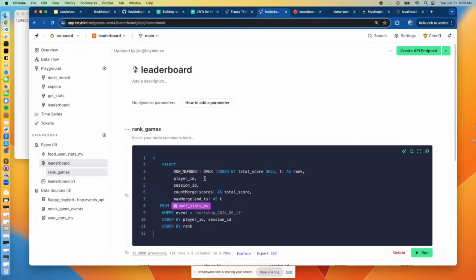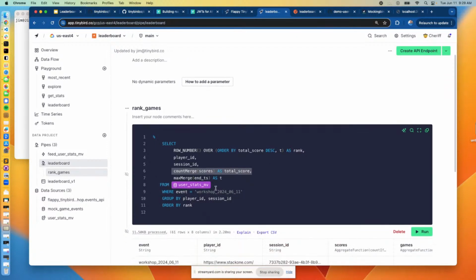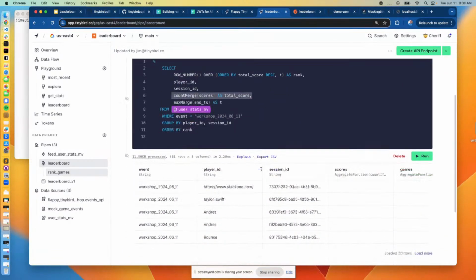Pulling in the player ID, the session ID. Here's where we tell the materialized view, okay, we want you to merge everything. We know you've been calculating total scores up to a few minutes ago, but now that we're making the request, we want you to take that pre-processed corpus and include any of the more recent events that have arrived. Again, we're filtering on today's workshop event, and we're going to order it by rank. So let's run